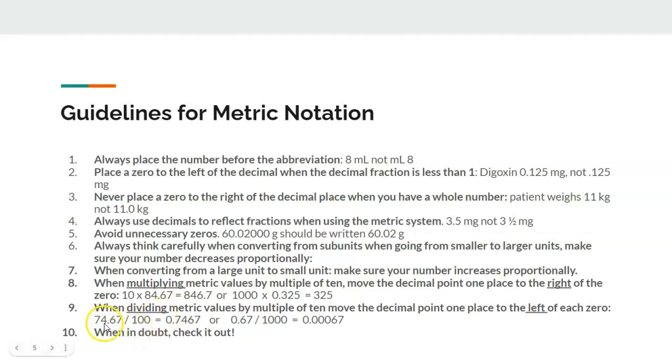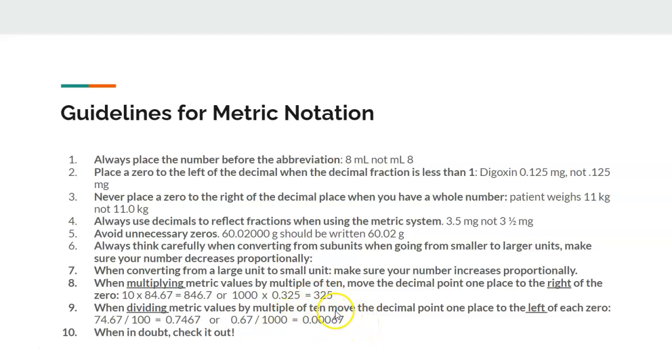So here is an example, 74.67. If I divide it by 100, there are 2 zeros here, so I'm going to move it 2 decimal places. So 1, 2, and I'm going to the left. 1, 2, and my answer is 0.7467. Or 1,000, 1, 2, 3, so I'm going to move it to the left. 1, 2, 3. I'm going to put my dot right there, and I'm going to add zeros in my loop, and I get